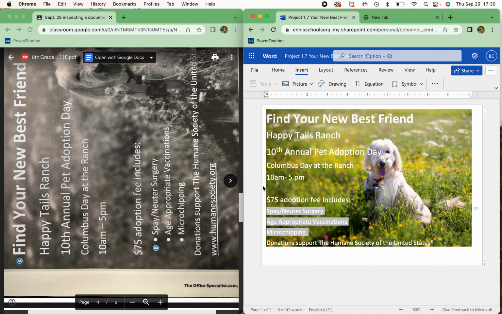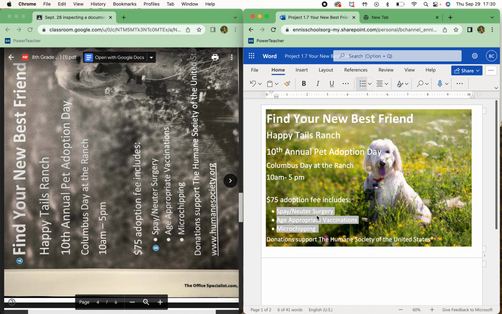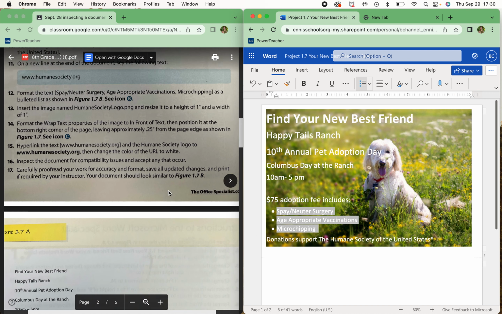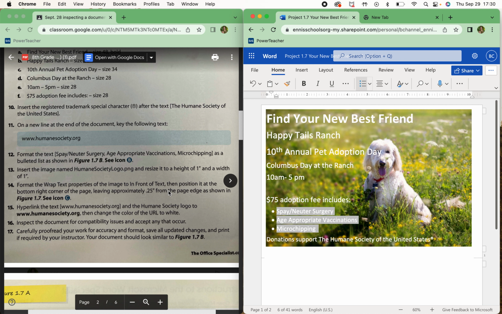So it wants these to be bullet points. So we're just going to highlight spay and neuter surgery, age-appropriate vaccinations and microchipping, and then we can go back to home and click on our bullet point list. Scroll back up to the instructions. And now what it wants us to do is to hyperlink the text www.humanesociety.org and the Humane Society logo to that hyperlink and color the URL to white. Okay, so what I can do